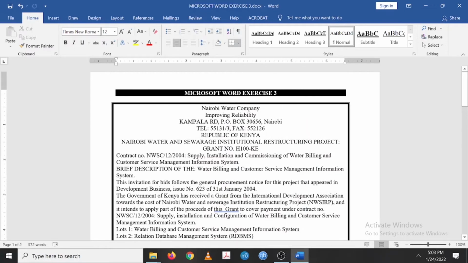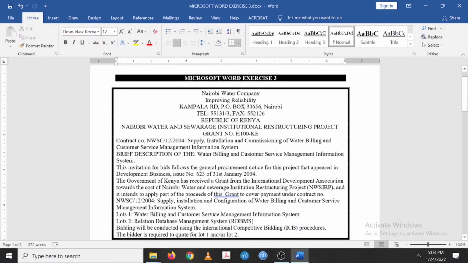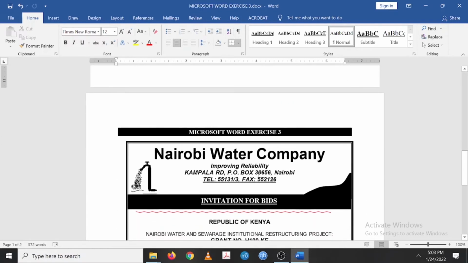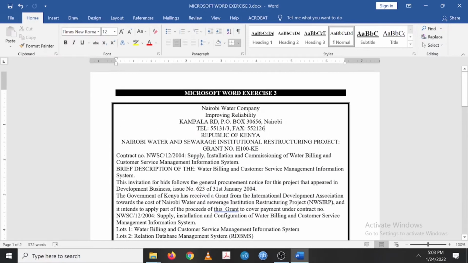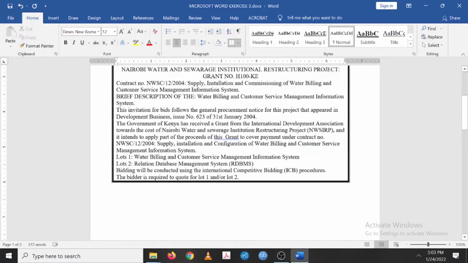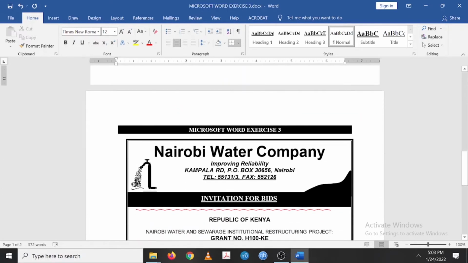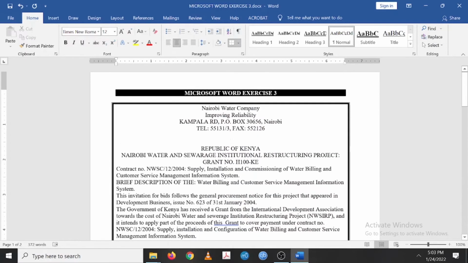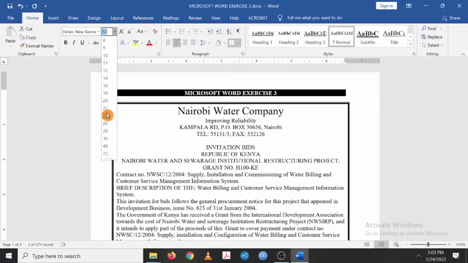So between telephone and invitation bids, there's a very big gap. Telephone and invitation bids. So there's really some information missing. So after telephone, the telephone number that starts that telephone number, that we have this text in invitation. So for example, what company has a bigger font,